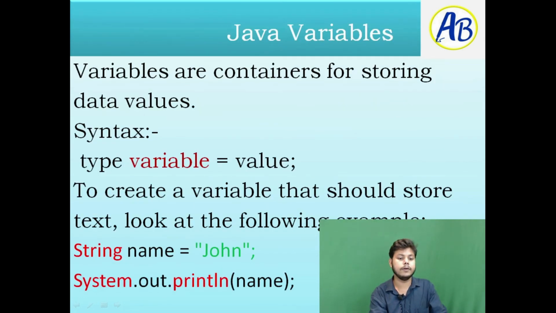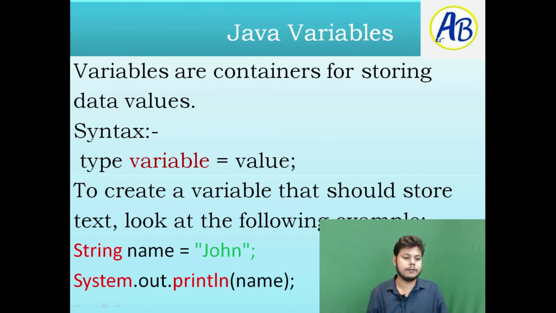For the next slide, we have Java variables. I want to give you an example. If you have to fill a tank, the tank type should differ depending on what you store. Solid stuff needs a different type of tank, and gaseous stuff needs another type of tank. The tank's name can be anything, like A, B, C, a variable name, or whatever is given in the question.